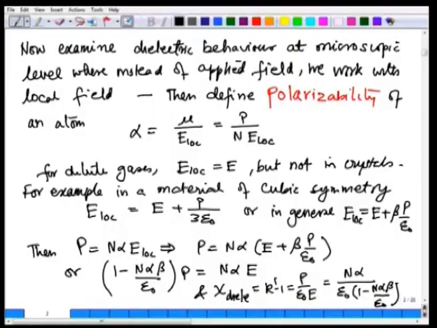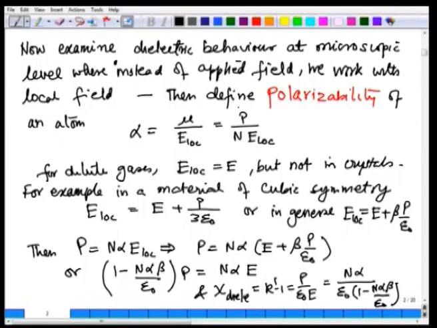So that's the additional part I wanted to add. If you wanted to examine dielectric behavior at the microscopic level, instead of applied fields, we work with local fields. If you apply an electric field, that's the applied field, but inside the material there will be a field which is different from the field that one applies, and that field is called the local field. If you deal with local fields, then we define this quantity polarizability